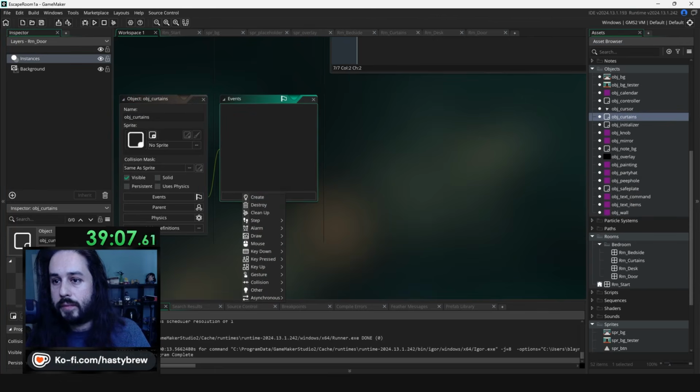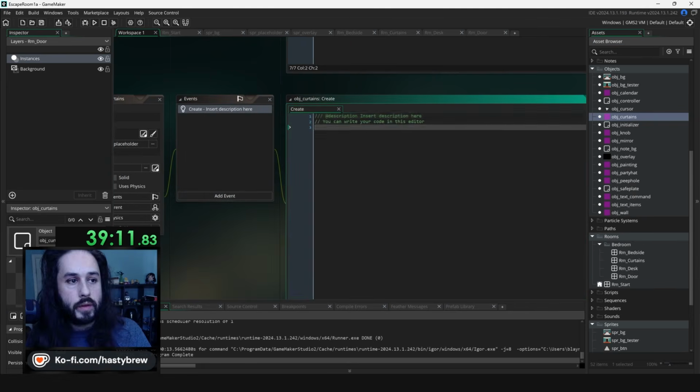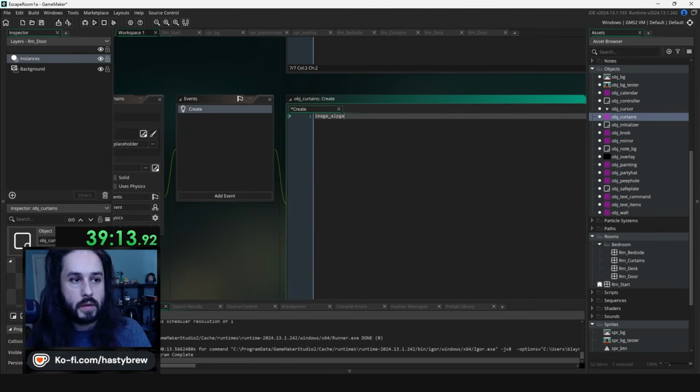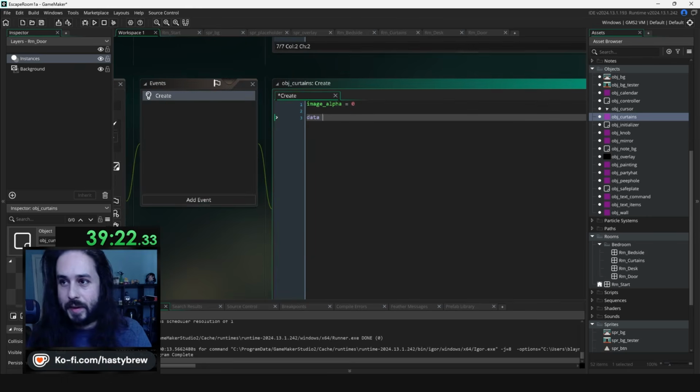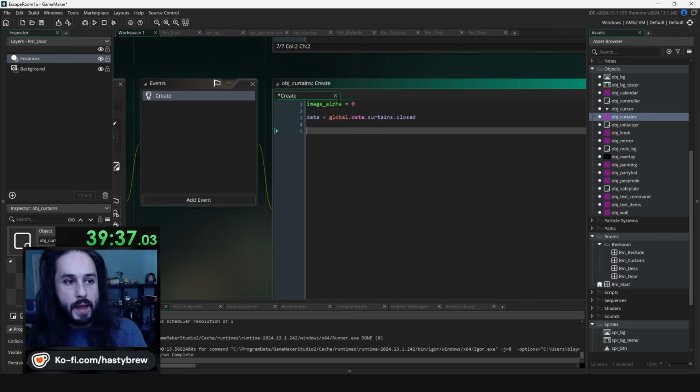Oh, no. Yeah, assign it the placeholder. Create: image_alpha equals... Whew, okay. It's getting back into it. Data equals global.data.curtains_closed. Okay. And